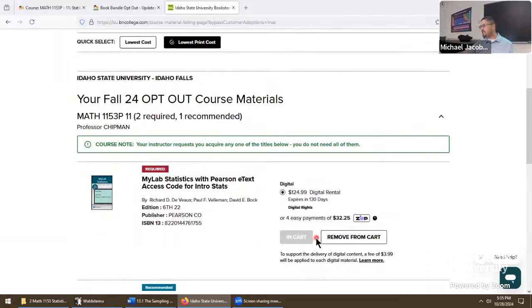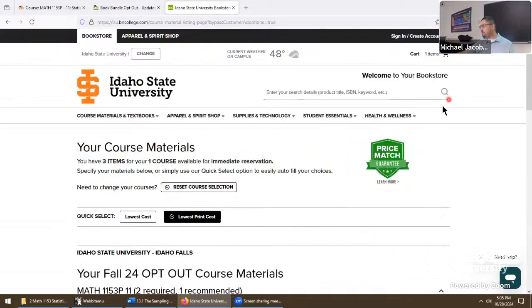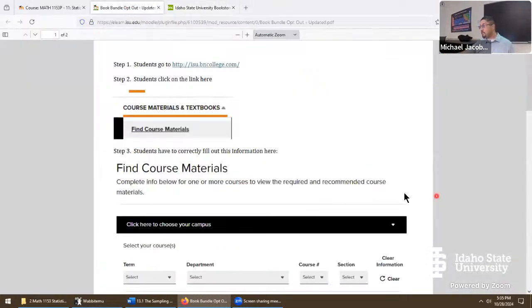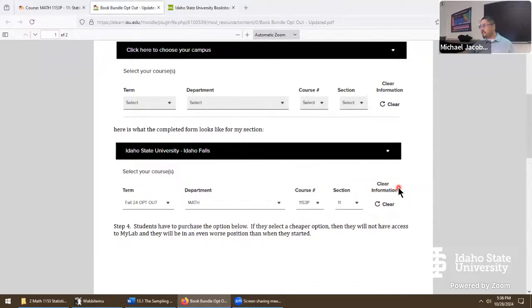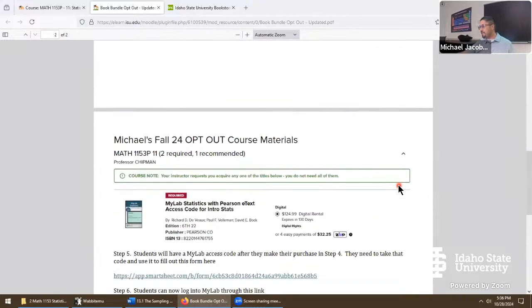So click add to cart, and eventually I can't go too much further. Once you check out here, they're going to give you some emails. I believe it's going to contain an access code as part of those emails. So once you get to your access code, what the guide indicates we ought to do is now go to, let's see here.